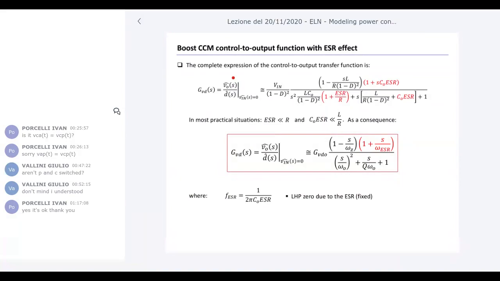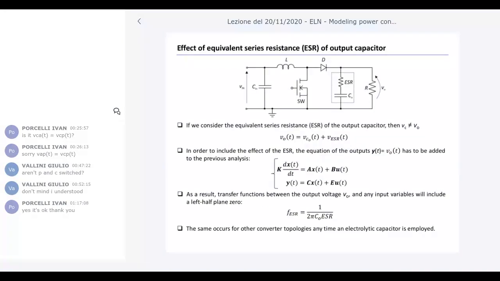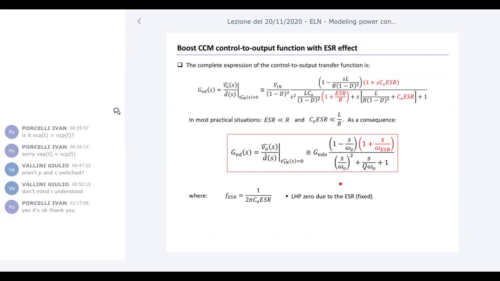Some other ones can be much more difficult. For the example I just analyzed last time, the boost in continuous conduction mode, we have to make some algebraic manipulations and some computations, but then at the end we find solutions. And the solution brings some important knowledge to us, which is the presence of a zero in the right-half plane, the presence of two complex conjugate poles, and so the specific form of the transfer function we are